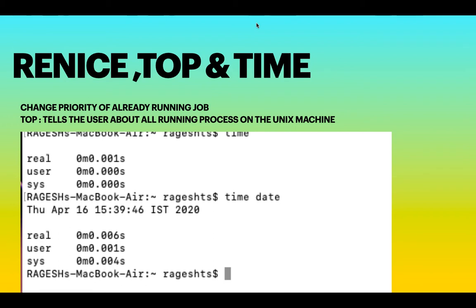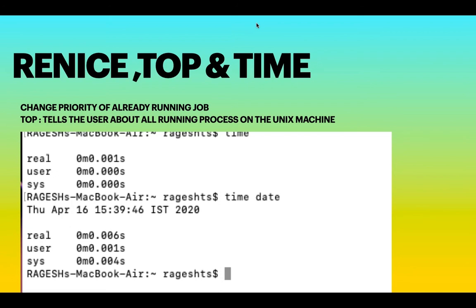Next we have the top and time commands. The top command is a very interesting command in your Unix operating system. As soon as you give the top command, it will display all the processes which are active in your system, which are continuously being executed.